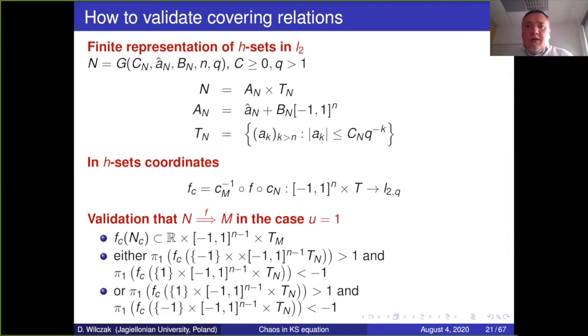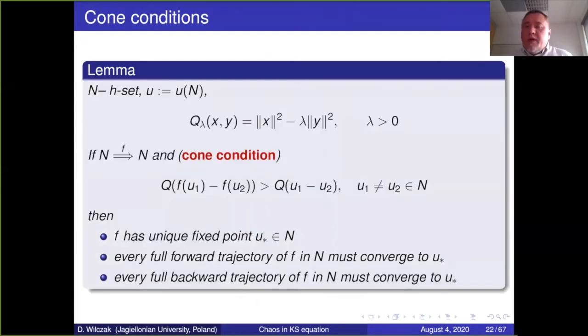Okay. Now I would like to switch to C1 tools for obtaining homoclinic orbits. This is just a straightforward adaptation of conditions to infinite dimensional settings. So if I have some h-set N, I can define a quadratic form in this form. Here X is finite dimensional, usually u dimensional, and Y can be infinite dimensional. And I say that F covers N with the condition if the following inequality holds true